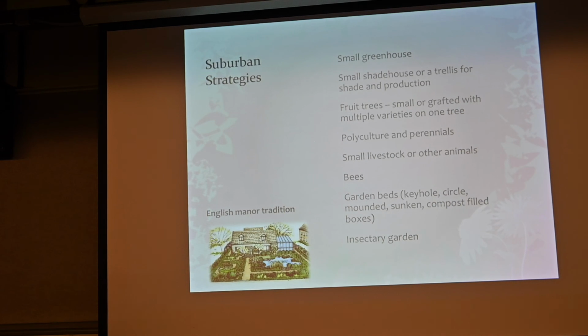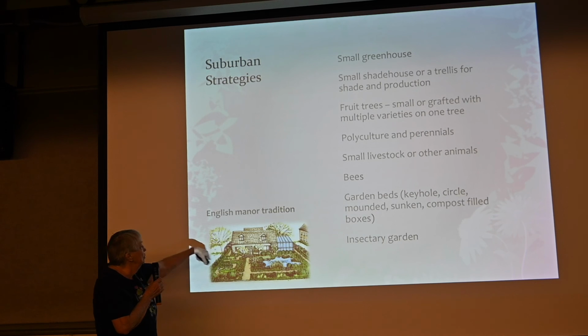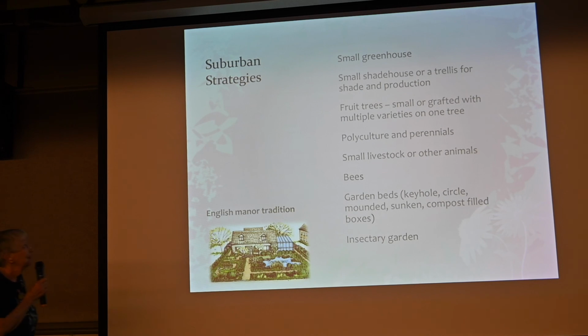Suburban strategies, small greenhouse you can use. This is an example of all the things that you could do instead of a lawn. Small shade house, fruit trees, smaller grafted, polyculture and perennials. What Mollison said about,